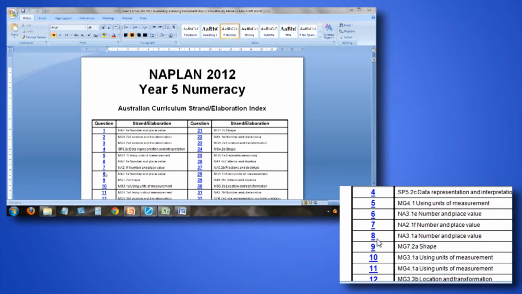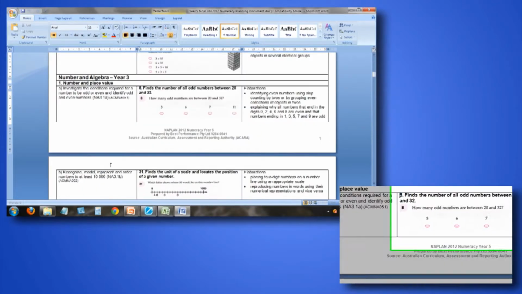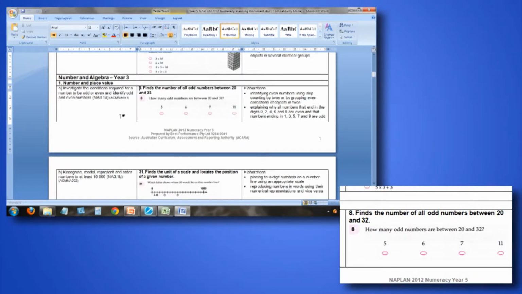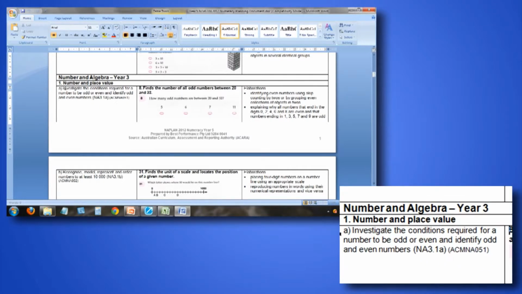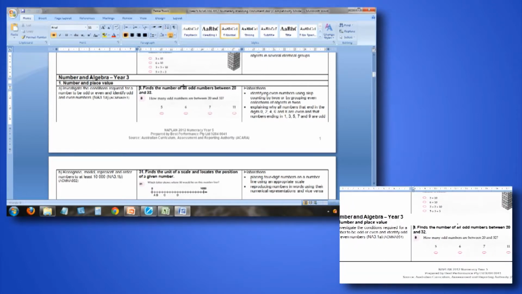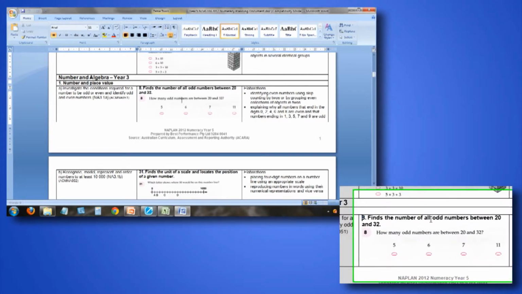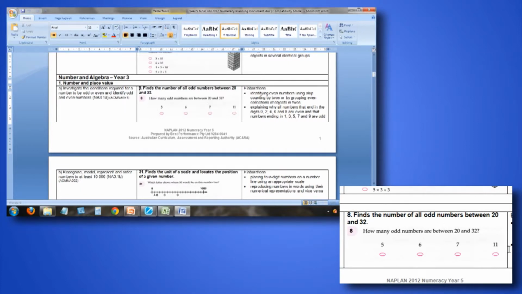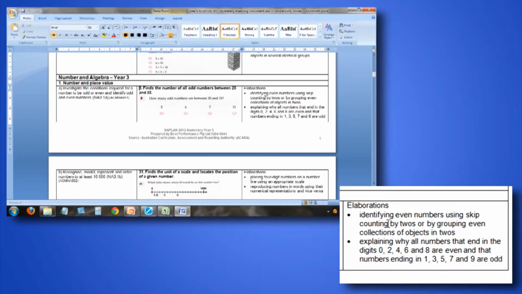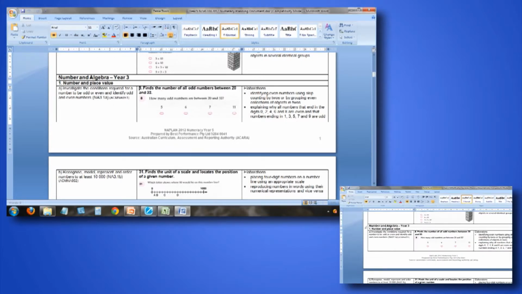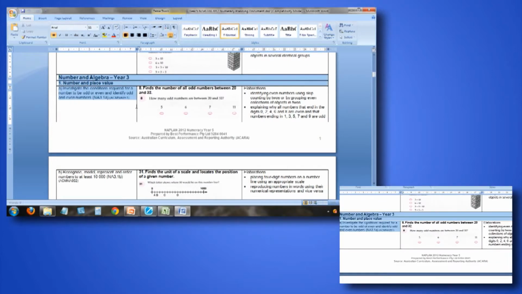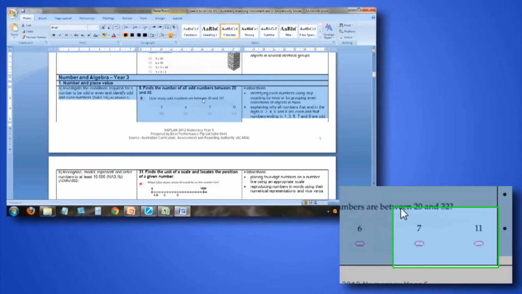So I hold down Control and we get our little hand and we click on that and it brings us to Number and Algebra Year 3, and here we have the Australian curriculum entry. We also have the NAPLAN descriptor, we have the NAPLAN question and the Australian curriculum elaborations. This is the actual teaching part, and what I'm going to like to do is now take that information, copy that,